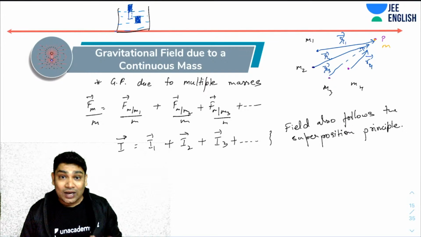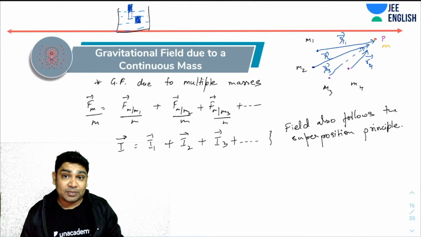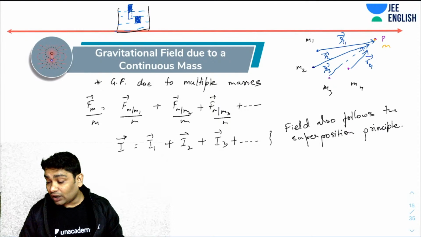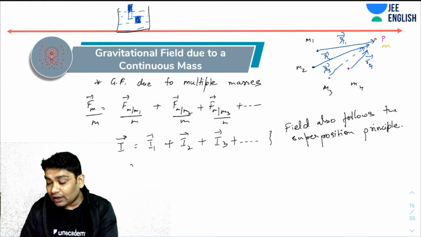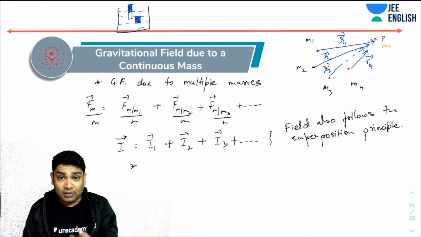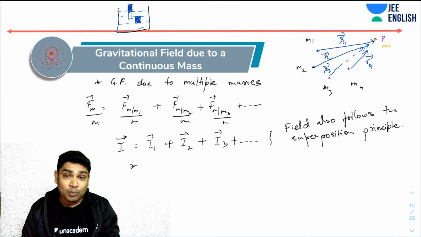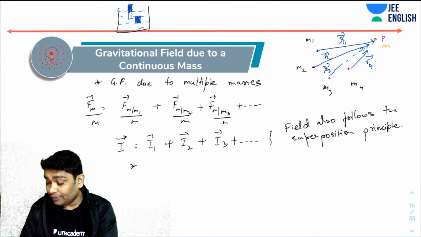So again, once I know that field follows the principle of superposition, I can do the same for continuous masses also. What I can do is break a continuous mass distribution into a lot of point masses, calculate the field due to one point mass, and integrate that. So for continuous masses,